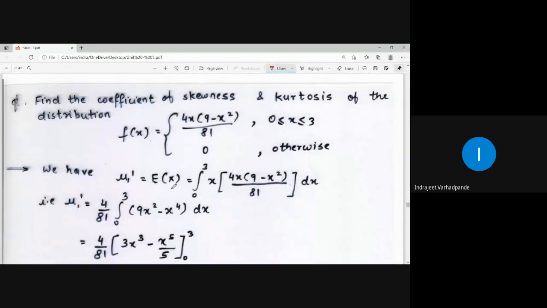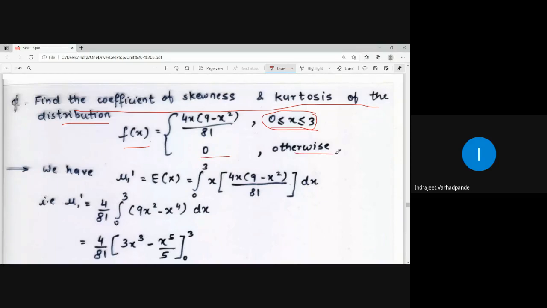Examples related to skewness and kurtosis. Here we are asked to find the coefficient of skewness and kurtosis of the given distribution. f of x is equal to 4x into (9 minus x square) upon 81, for 0 less than or equal to x less than or equal to 3. Obviously, this is a case of a continuous random variable where the variable is between the range 0 to 3